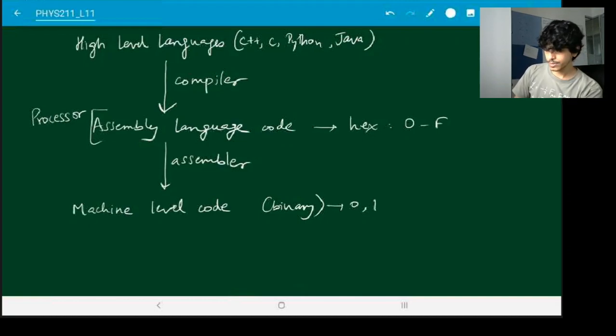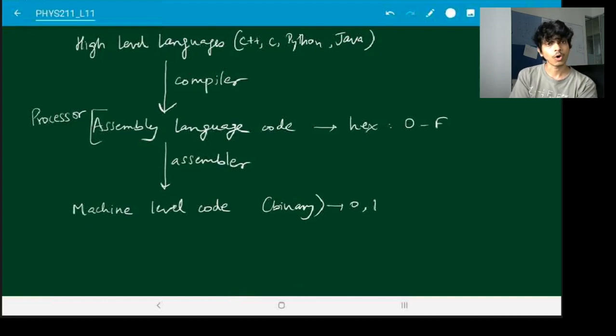So why is this important? When you're using a high level language, let's say writing a Python program, first of all, you need to have your operating system working, you need to have your compiler software installed, and so on. So until you have all of these in place, there is no way you're going to be able to do Python programming. Of course, Python is very powerful, and it's very easy for us to read because we can understand what it means to have a for statement. We understand what it means to have some sort of exponentiation or a sine function. So we can do all of these complicated tasks in Python at a high level language.